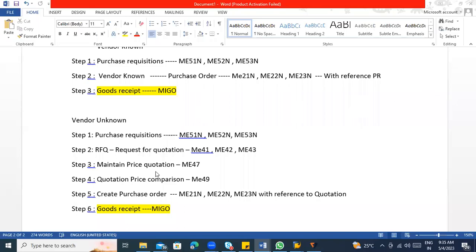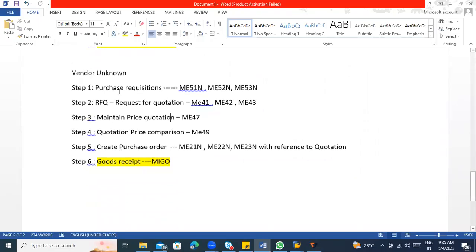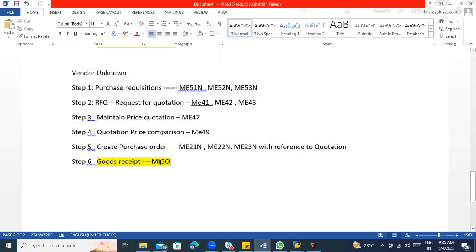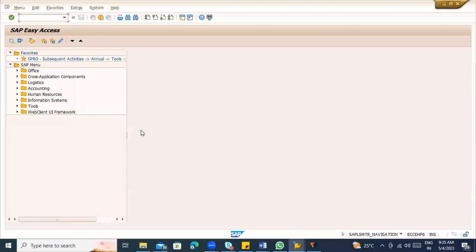So we have created the purchase requisition, RFQs, price comparisons and purchase orders. We have completed these steps, right? Now the next step is goods receipt. This is the P2P process, procurement to pay process. Once you raise the order, once you raise the order,